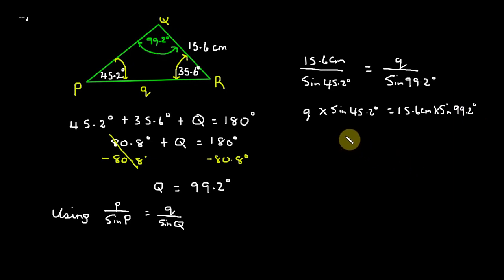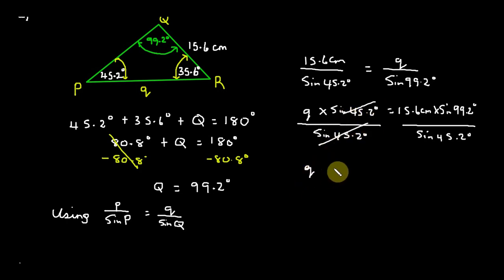So what we have here, Q times sine 45.2. We don't need sine 45.2, so we will divide by sine 45.2. Divide on the right side of the equation also. When we divide sine 45.2 by sine 45.2, that will go, and we have Q is equal to